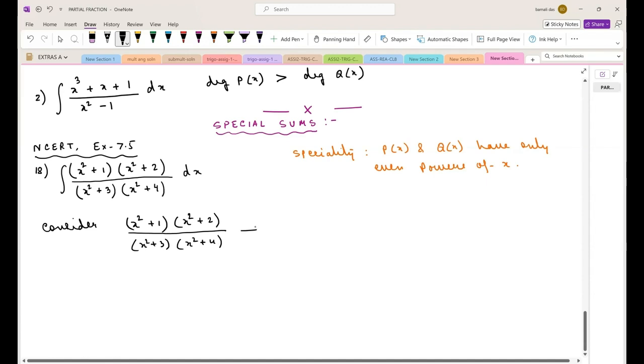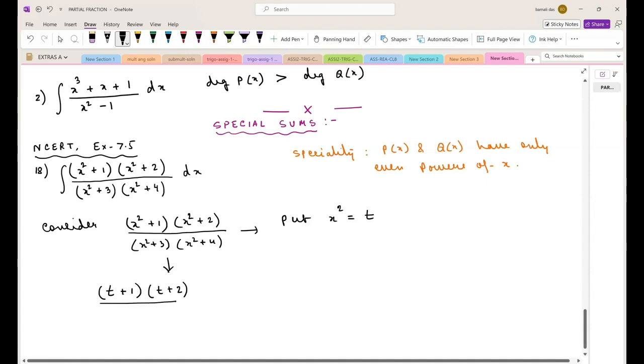Now here put x square equal to some other variable, say t. Then this expression becomes just instead of x square you will put t. So it becomes (t plus 1)(t plus 2)